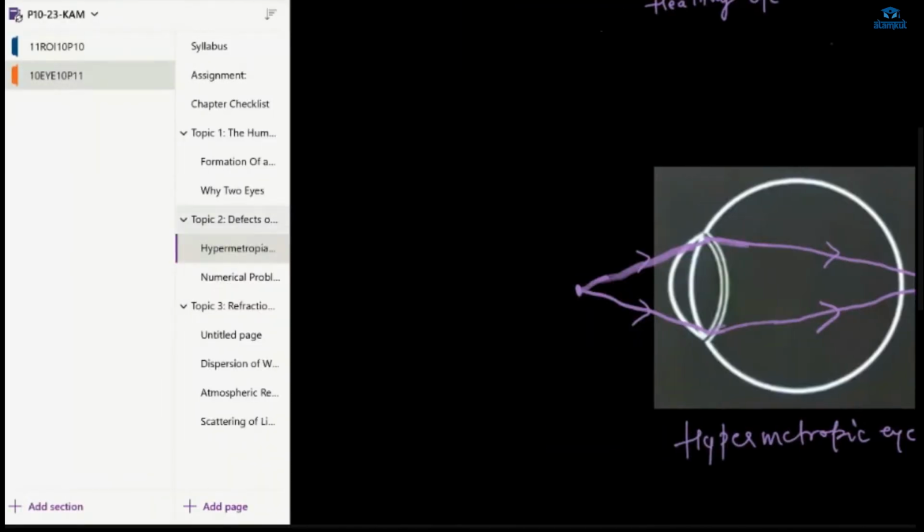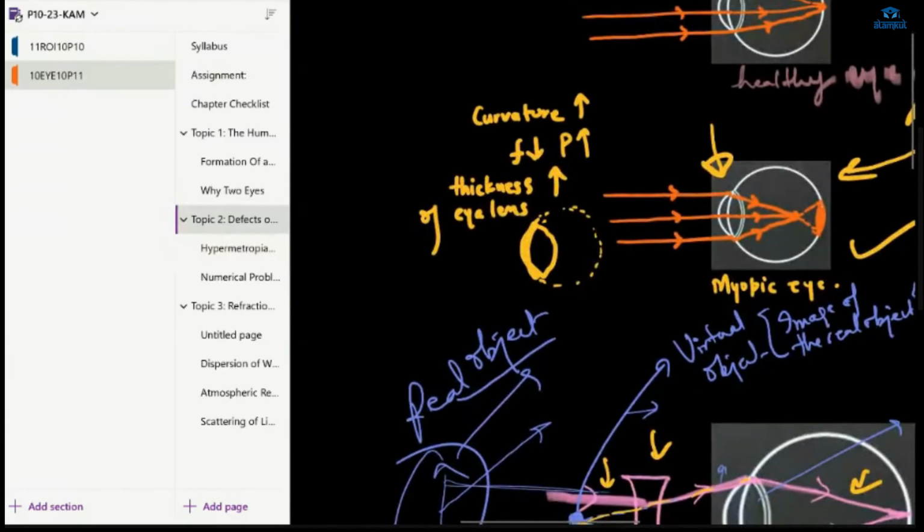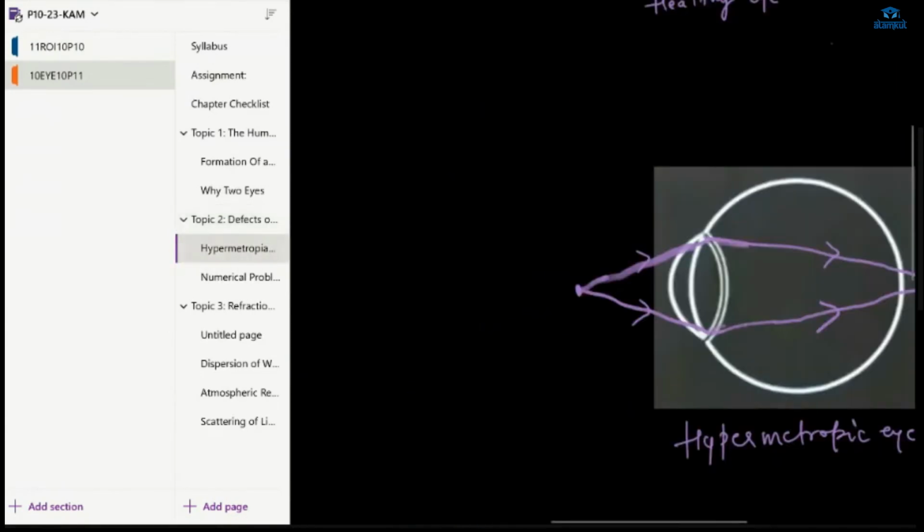क्या क्या हम लोग उसमें लिखते हैं ना? पहले हम लोग लिखे हैं कर्वेचर, फिर फोकल लेंथ। तो इसका कर्वेचर क्या हो गया है? कर्वेचर कम हो गया है, मतलब ये थोड़ा सा ऐसे हो गया है, ठीक है। इसका कर्वेचर कम हो गया है, और फोकल लेंथ क्या हो गया है? इंक्रीज हो गया है।